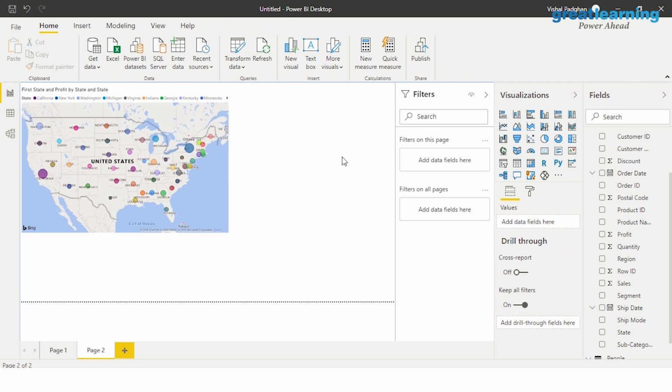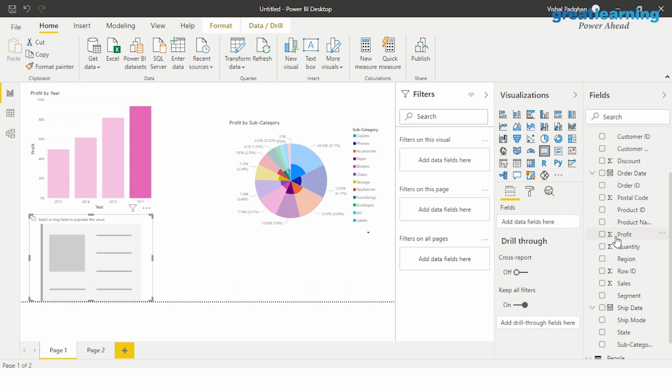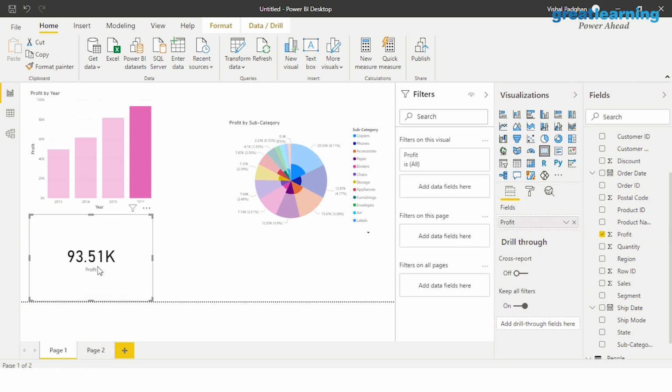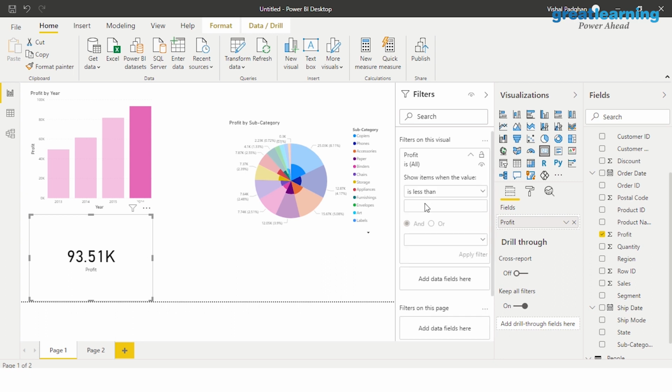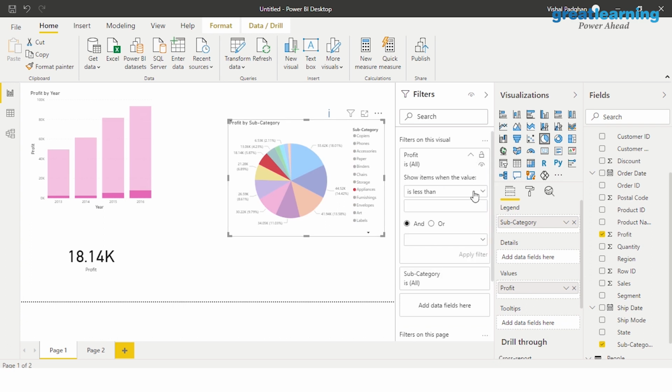Let's assume that I come back to my previous table or sheet, and here I put in this thing. This is a card value. So if I click on the card value and if I put in my profit here, it will give me profit, right? So this is the profit we had in total. Okay, let's assume that I want to filter it. Can I do that? Yes. So what are the filter conditions that we can have here? Okay, we cannot apply filter condition to this. Maybe to this we can. Let's try and filter it out.